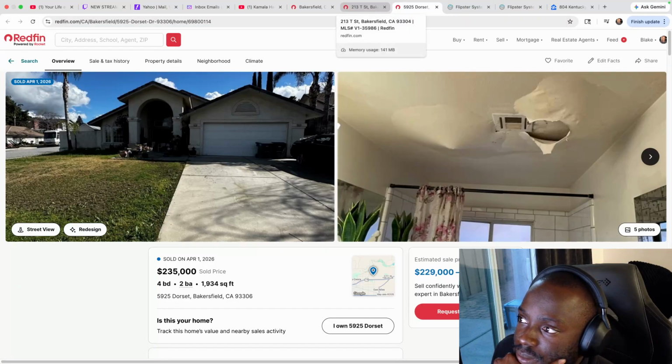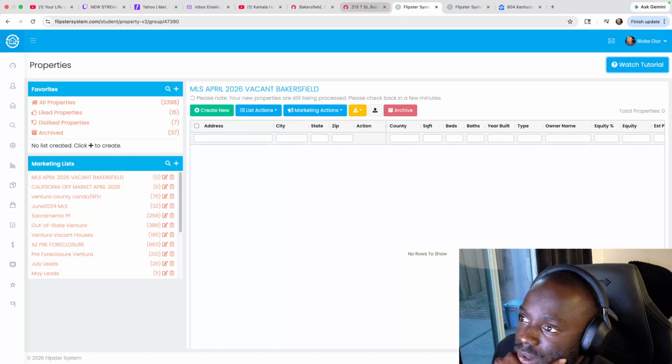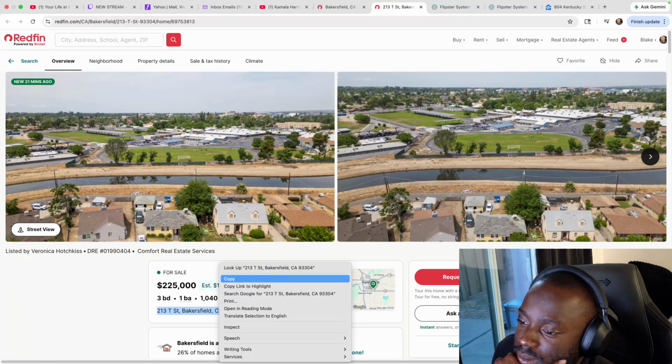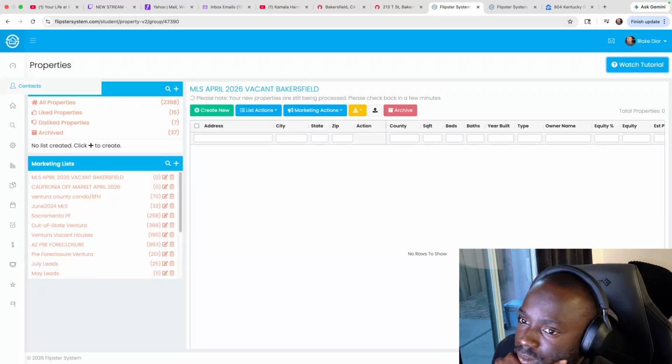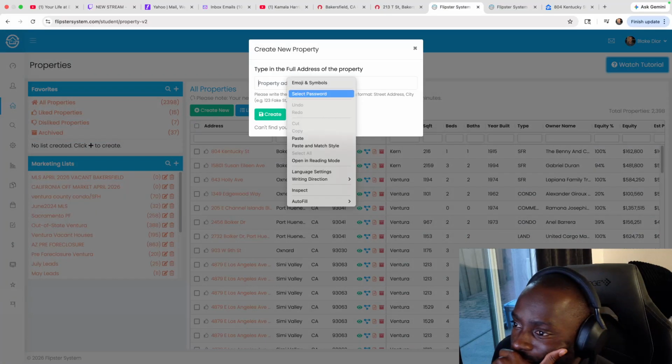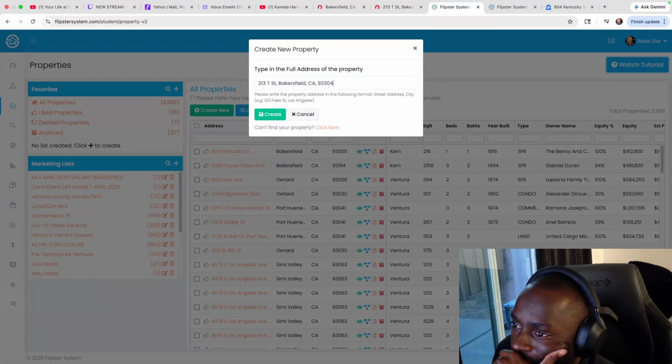So we're going to put that address into our deal analyzer. Create new, paste.